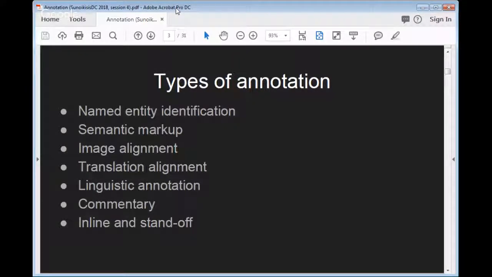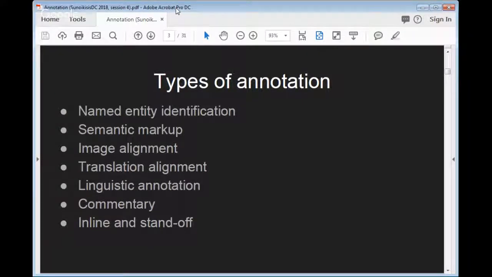In particular, when we talked about translation alignment, we're annotating two texts to show relationships between them. When we've talked about image alignment, when we talk about markup, as we talked about last week, all of the various kinds of things that Monica told us about that people have historically marked up and that do in the digital age markup are all forms of annotation on a text, external or otherwise. And towards the end of the semester, we'll talk about linguistic annotation, morphosyntactic annotation, tree banking, and so forth. And these are all related to aspects of annotation.